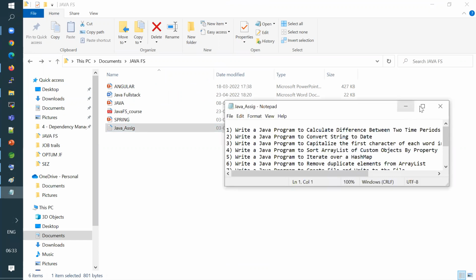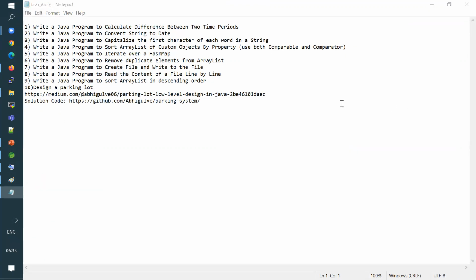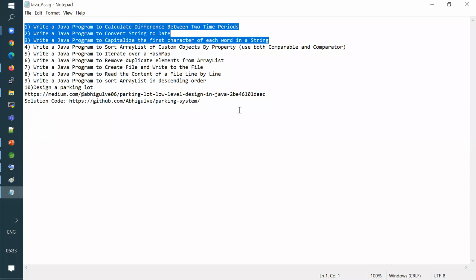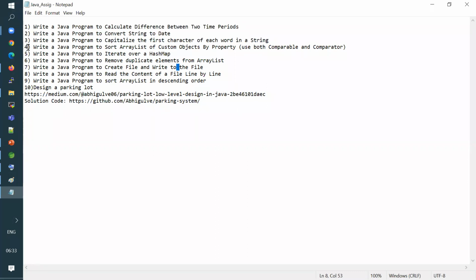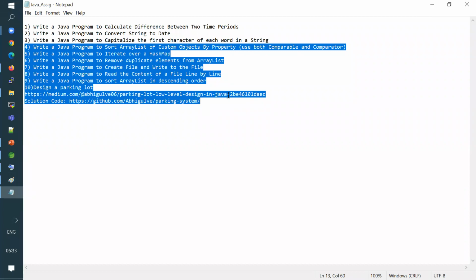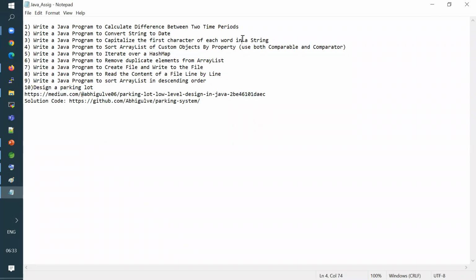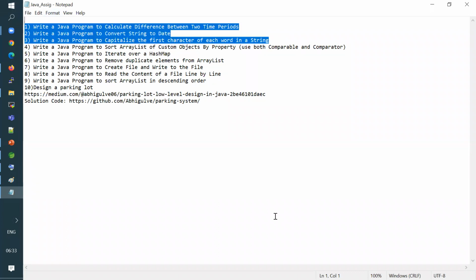And if you see, you have certain programs. So the first 3 programs you can definitely start right away. For the next set of programs you need certain concepts which I haven't covered yet, so I'm not going to talk about those. But the first 3 you can go ahead and implement and let me know the status. So that's all, guys. Anything else you want to know? Any questions?